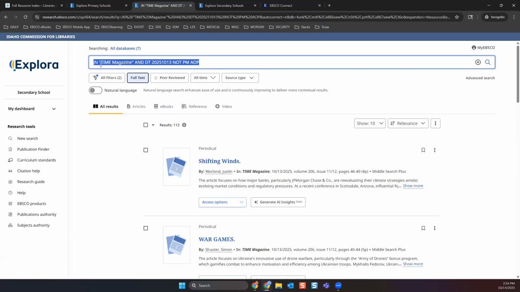So this is a great way to teach utilizing our JN for journal, Time Magazine, and date, 2025, October 13th. All right. So this is a great way to teach how our advanced researchers could enter keywords utilizing those field codes and so forth. But getting to our results, there are 113-ish articles published in Time Magazine for this latest issue, and